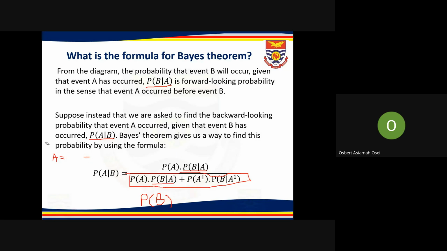In its simplest form, the Bayes theorem gives us the probability of A, given that B has already occurred, in its simplest form is equal to